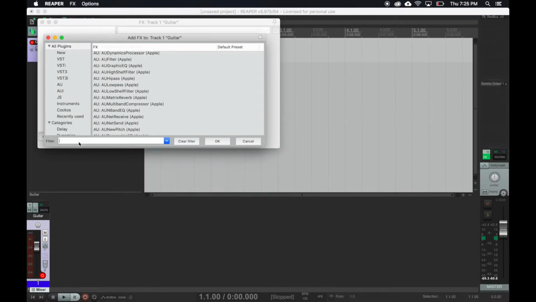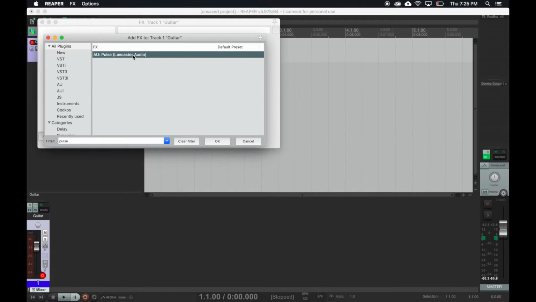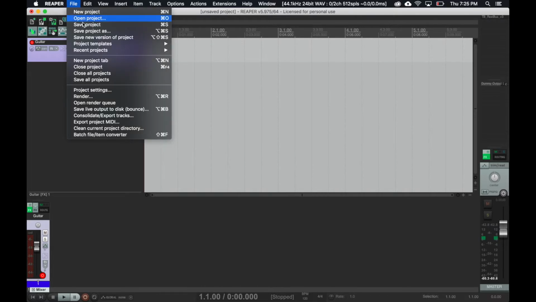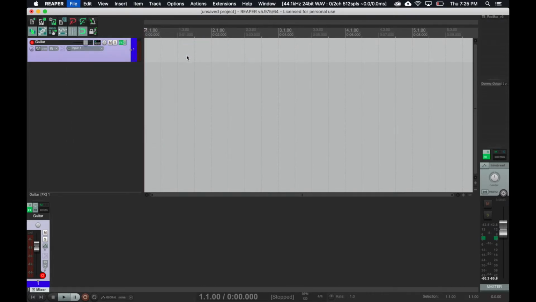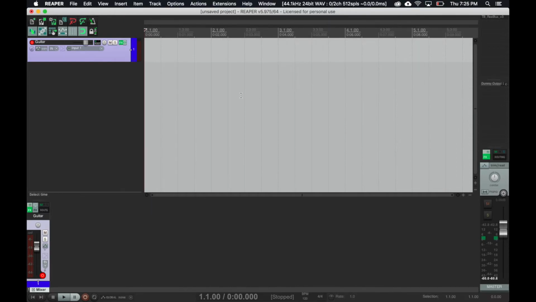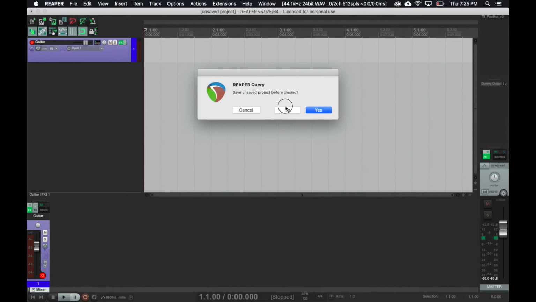It's called Pulse. There we go. Loader. And that's it. So now I'm going to save this template, call it default, replace, and now when I open up Reaper again,